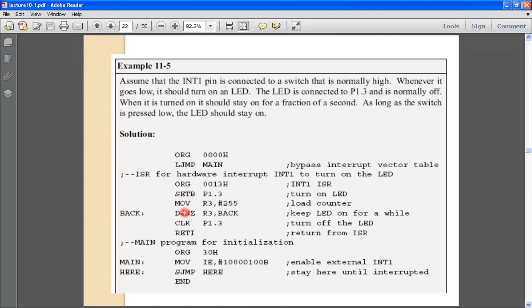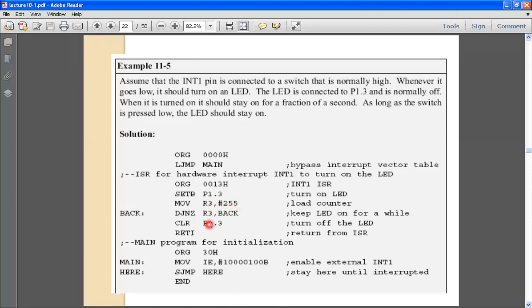We just waste the time by using the register R3. Load the highest value, 255, in register R3 and just decrement this for a while, because there is no time defined here. Therefore, we are using only DJNZ instructions. So this DJNZ decrements continuously. Therefore, it wastes the time by counting the value of 255 into the machine cycles and the time required for execution of instructions.